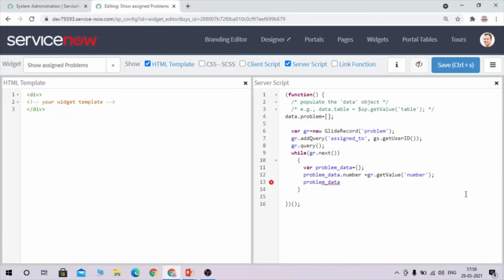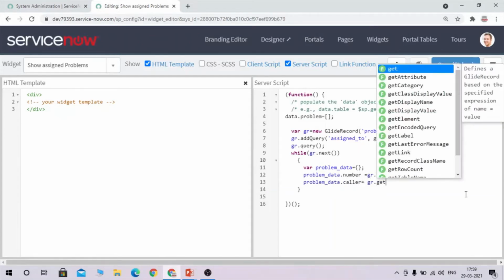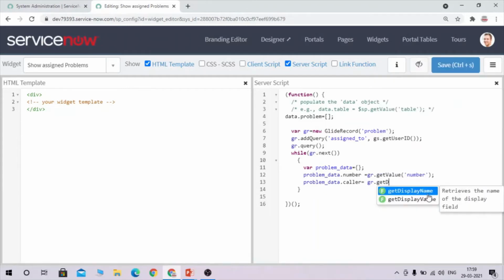Okay, and then what we are doing, we want caller. So same we have to do, but caller is a reference field, so we have to use getDisplayValue, and we have to pass the backend value of caller.